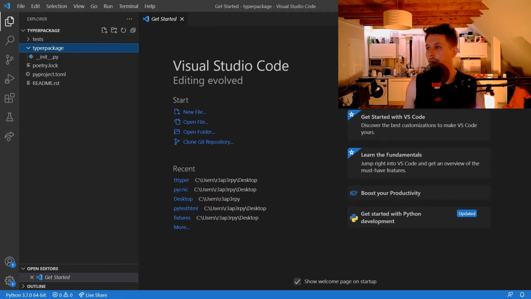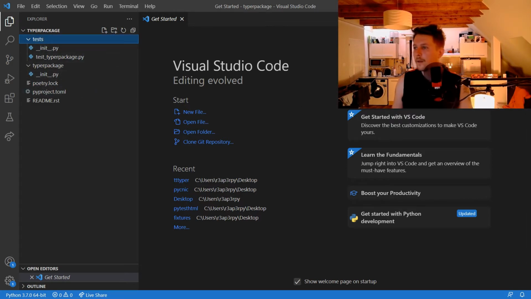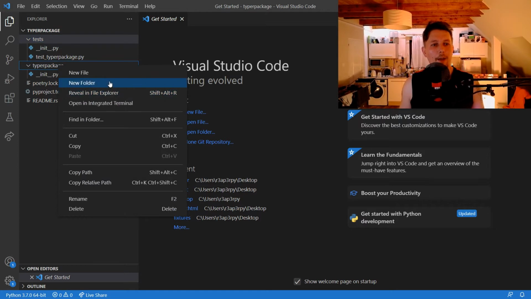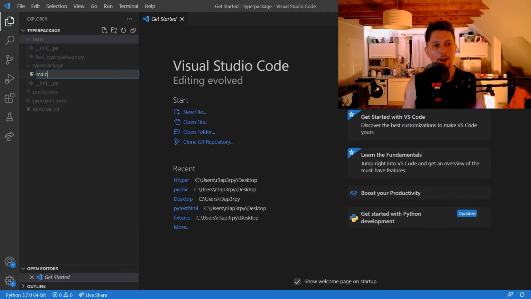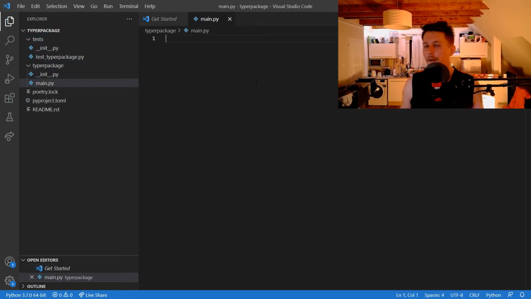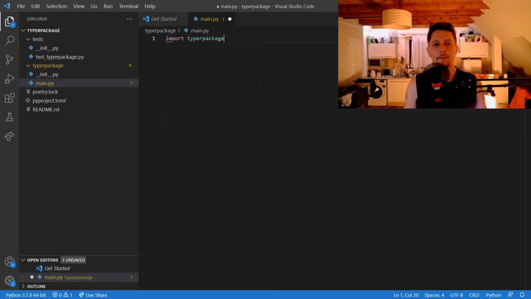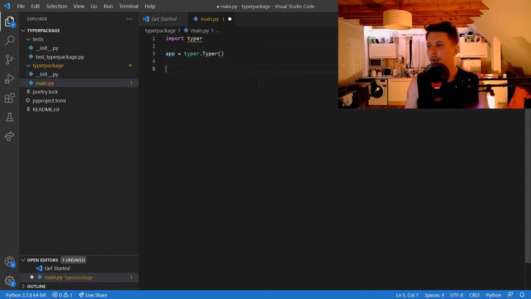And yeah, so we will have the stuff there. Now what we should do is, under the Typer package, we create a new file called main.py, and here we would like to import Typer. Hold on, and create the app, typer.Typer,